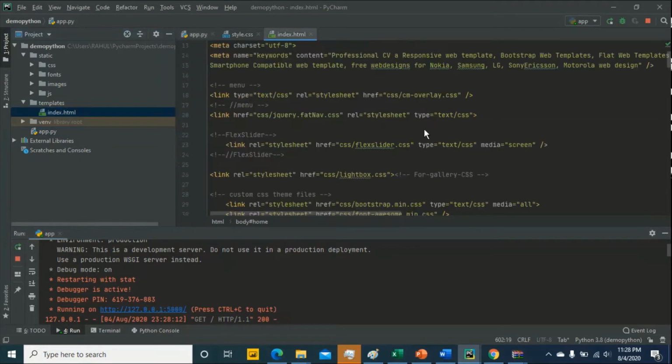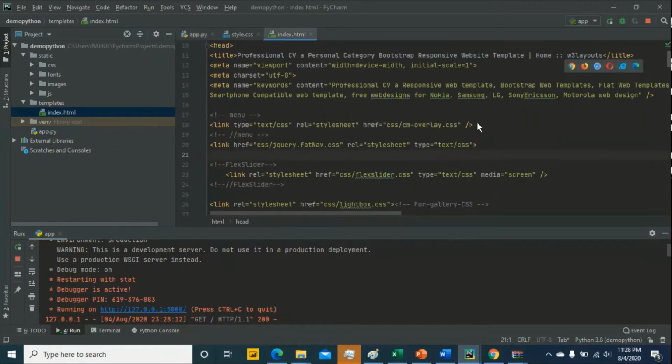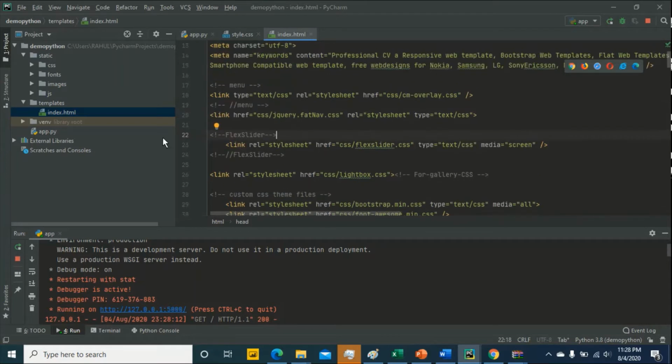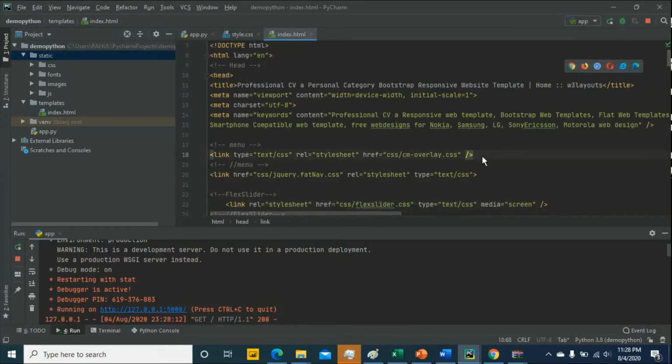In Flask, this one, link CSS, flag sender, style.css, and font awesome.css. The files are present in the static folder, but in Python, in Flask, there are some other things, we'll see. Just click here, href means what, url_for. Just call url_for, open and close curly braces. Here also open and close the curly braces. Okay, two curly braces are required. Then enter url